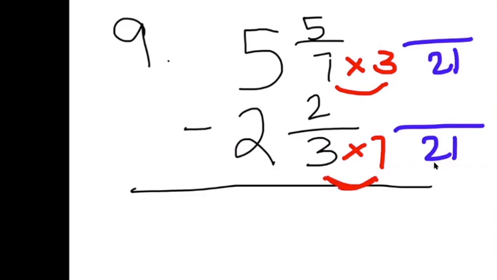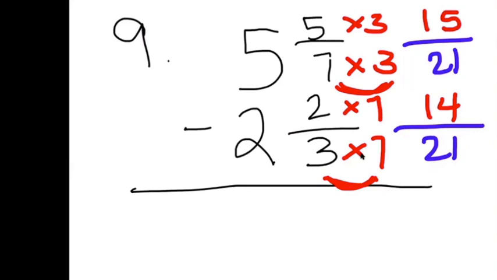On the bottom right here, we multiplied by 7. So what do I have to do to the top? You have to multiply it by 7 as well. Nice. What is 2 times 7? 14. Good job. And up here, Josie, I multiplied by 3. So what do I have to do to the top? Multiply it by 3 as well. Good job. And 5 times 3 is what? 15. Good job. I now have 15/21ths minus 14